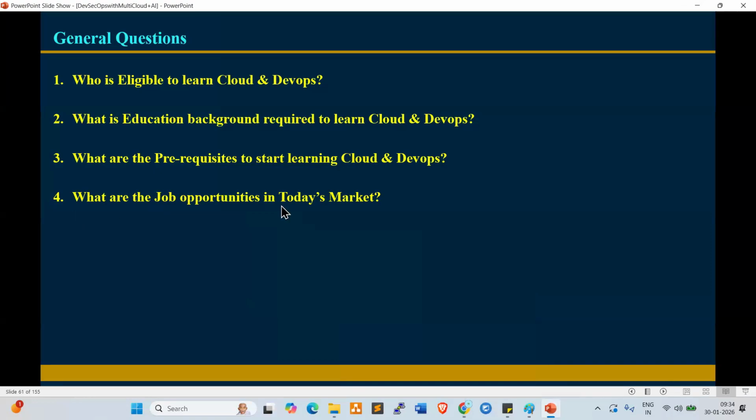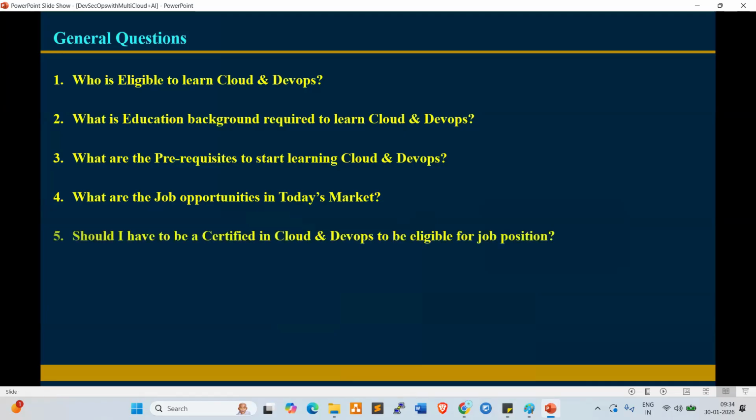So what are the job opportunities in today's market? So many jobs are available. As we discussed, plenty of openings across the globe. Okay. Next question here is, should I have to be certified in cloud and DevOps to be eligible for the job position? Yeah, so certification is not mandatory. As we discussed, certification is not mandatory.